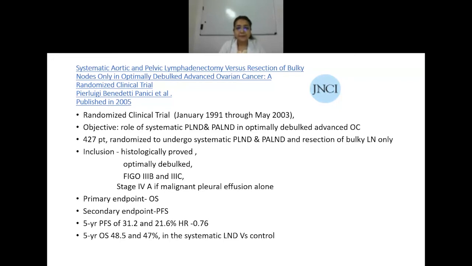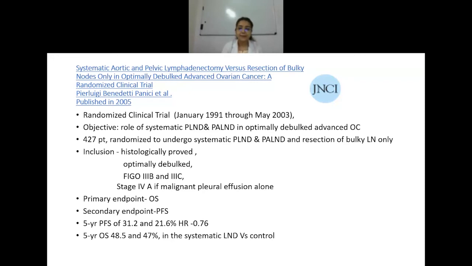The objective was to assess the role of systematic pelvic and periaortic lymphadenectomy in optimally debulked advanced ovarian cancers. 427 patients were included. They were randomized, and in one group, systematic lymph node dissection was done, while in the other, there was resection of bulky lymph nodes only. Inclusion criteria were histologically proven cases, optimally debulked patients, stage 3B and 3C advanced, and stage 4A